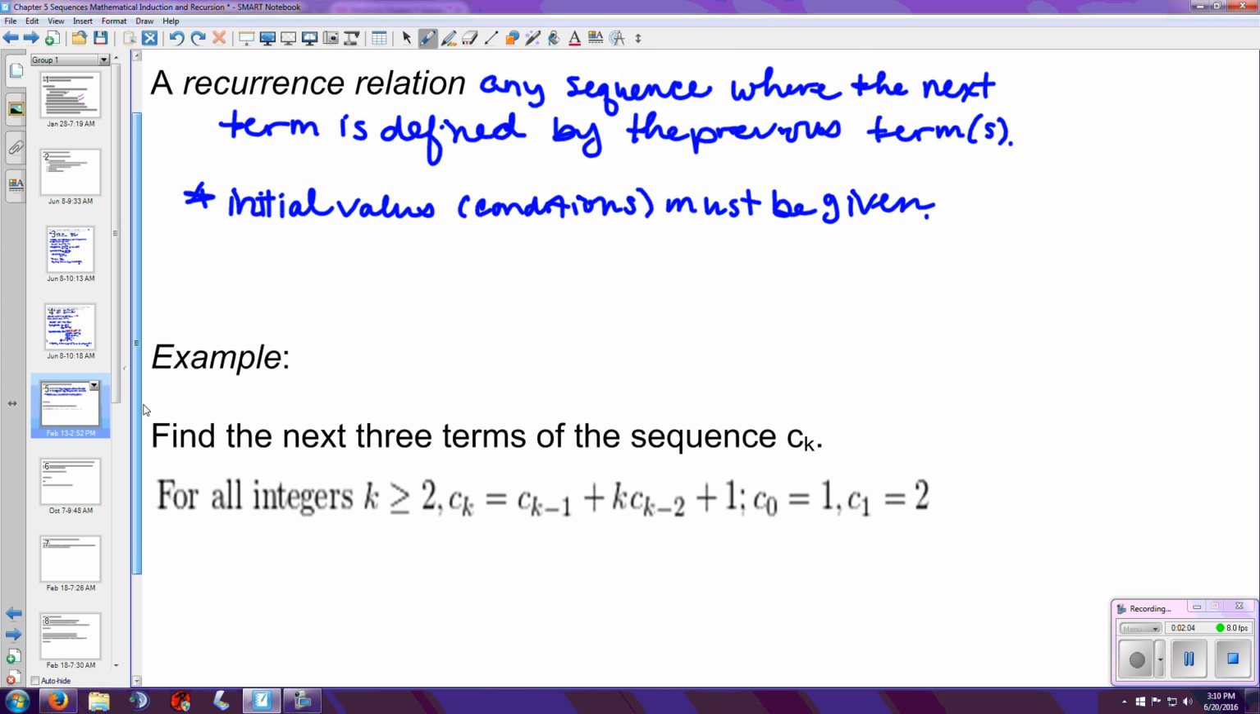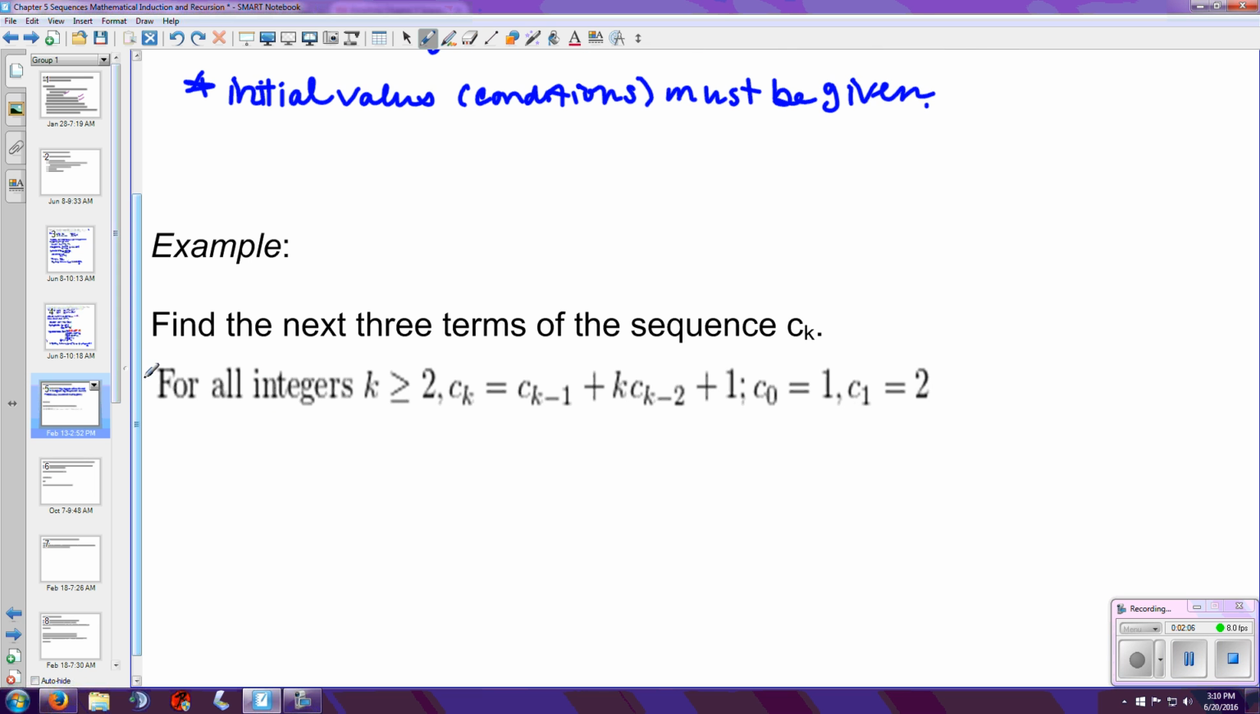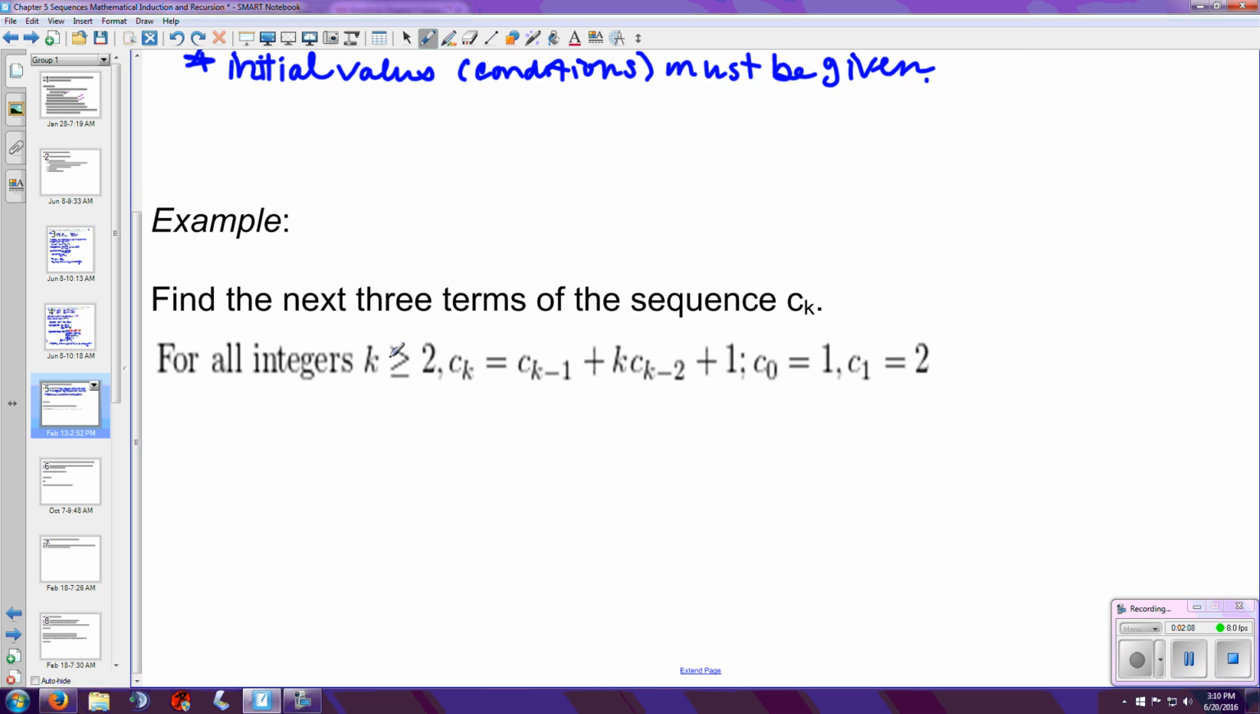Find the next three terms of the sequence for c sub k. So they've given us here, for all integers k greater than or equal to 2, c sub k is defined by the k minus first term, which is the one that comes directly before it, and k times the k minus second term, which is 2 before it, plus 1, with c0 equals 1 and c1 equals 2. So let's just list those out there so they're a little clearer. So c0 is 1, c1 is 2. If we want to find the next term, so now let's look at